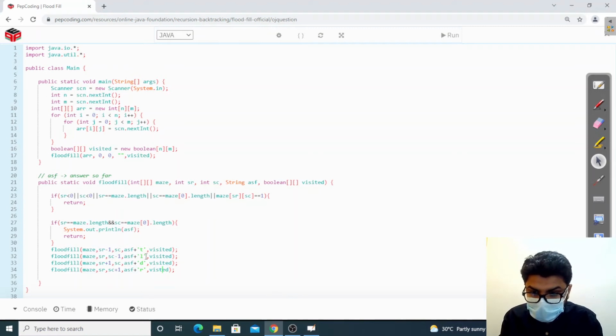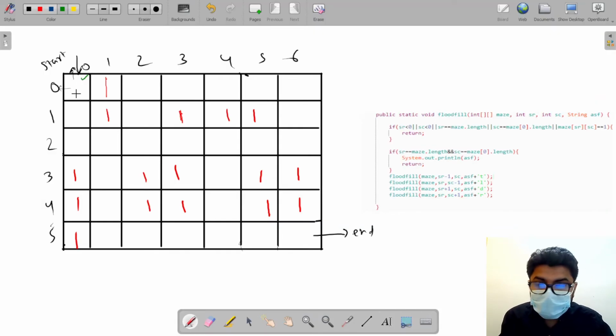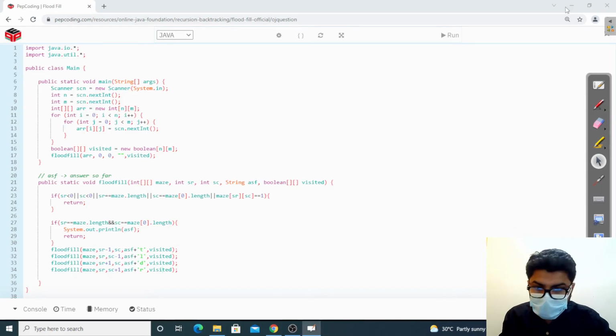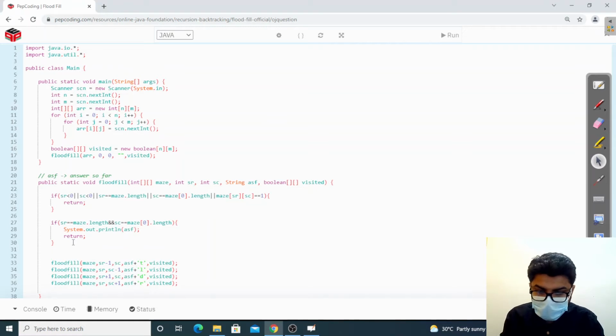Now using this visited, I am going to mark those cells which I have already made calls on as visited. I will just mark a virtual tick on them. So how do I do that? After this I will make the visited for the current block. The current block would be sr, sc. I will make visited[sr][sc] as true,